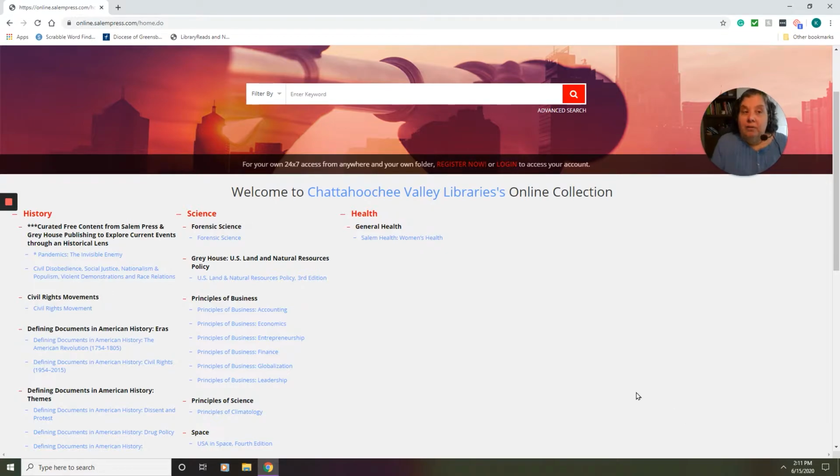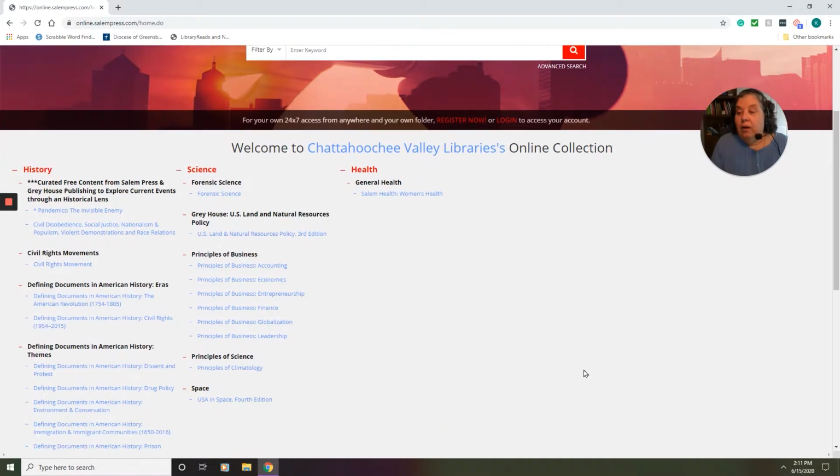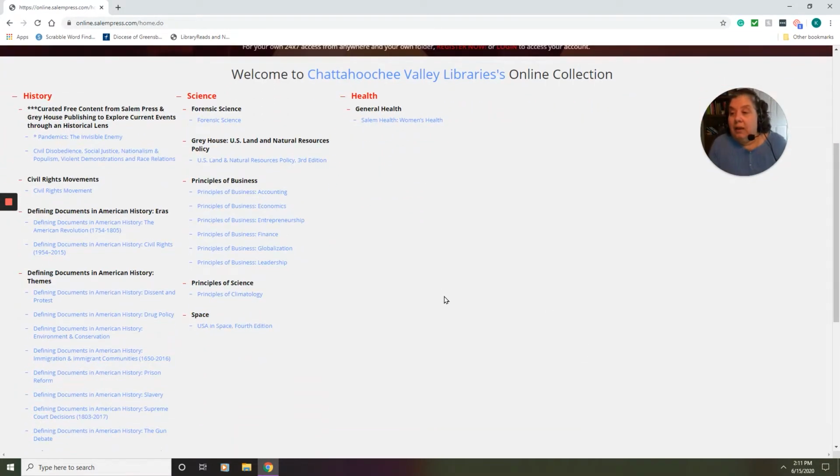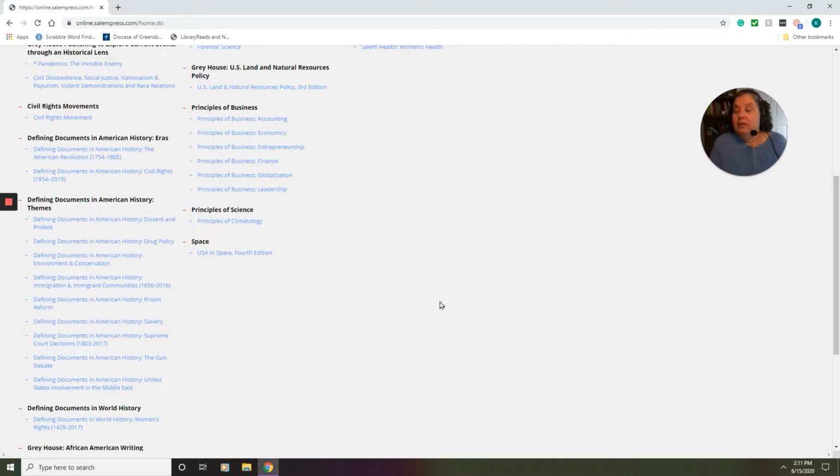So they will always have a current event, which they will start with, and this short articles on the event, a table of contents that shows you what's within that current event and how you can cite it. Now, going down to the main database, you can see again that there are a number of different